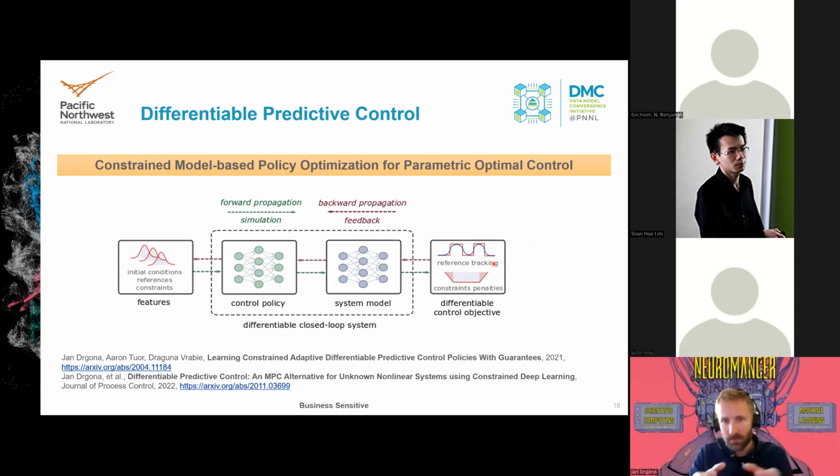In reinforcement learning, you are mapping your states and actions into your rewards through a reward signal. Here we don't assume any reward signal because we know what we want to do. If we want to track some reference, we can write a parametric equation for that. If you want to constrain some